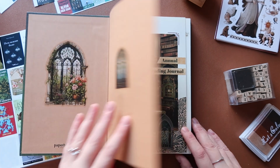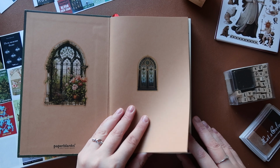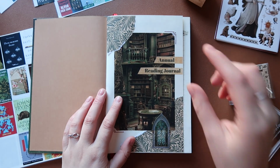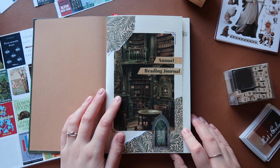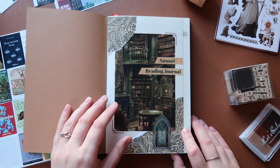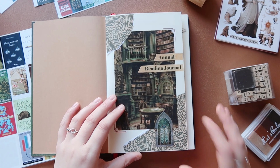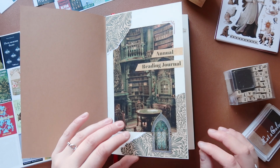So it starts very simple, just with a couple of stickers. These were the ones that I got from AliExpress. And then I have the title, Annual Reading Journal. What I usually do is find the images that I like on Pinterest and print them on sticker paper. Of course, you can also use regular paper and glue, but what I figured out lately is that